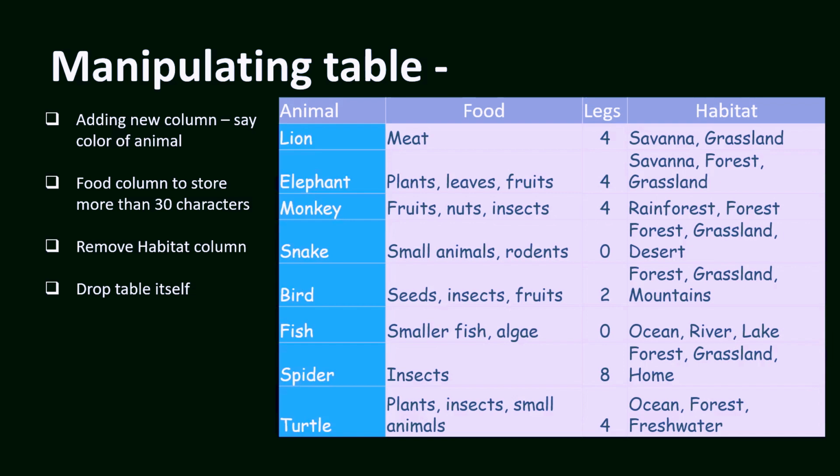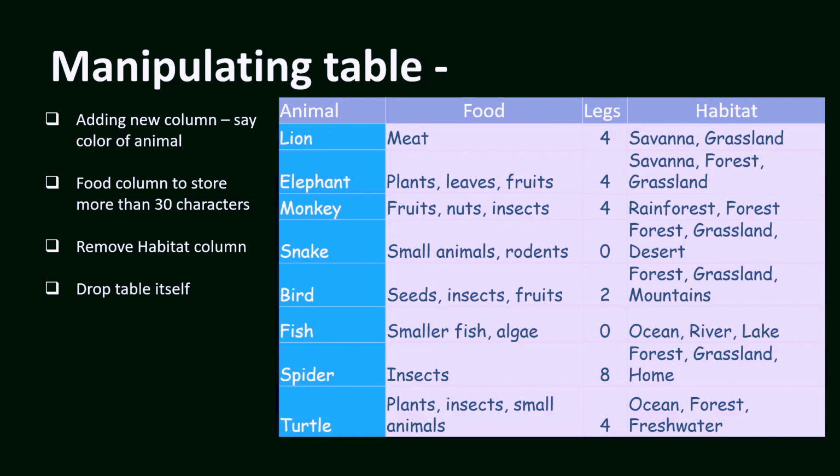But in our database or in our tables, we have to tell how much memory it is going to occupy. So suppose, as of now, it is only allowing 30 characters to store the food. But in future, I want to store a bigger number of words. So I can say, okay, 50. So I can increase the length of the column. I can decrease the length of the column. I can play around with all this. Manipulating the table is a bigger topic. How we do it, I can take up later. I am just familiarizing you with all these words.